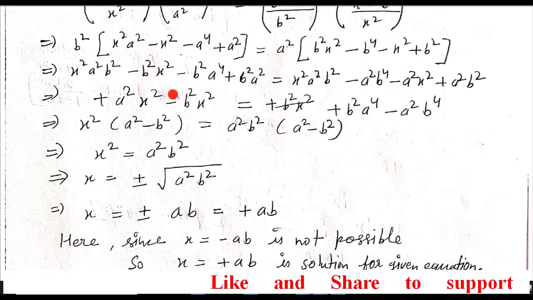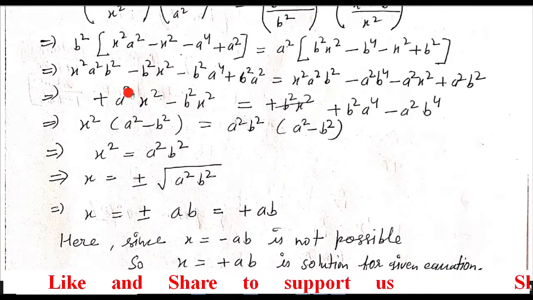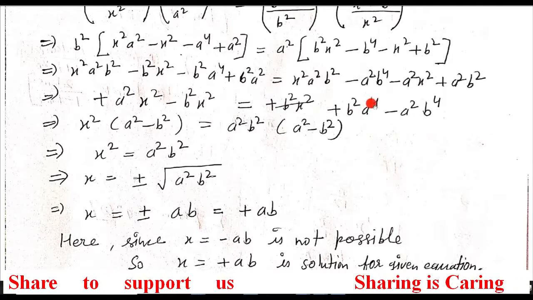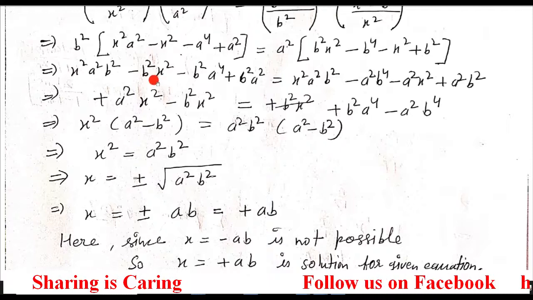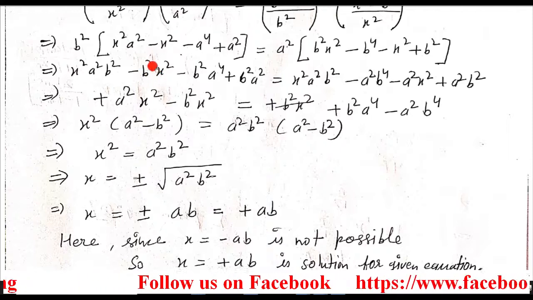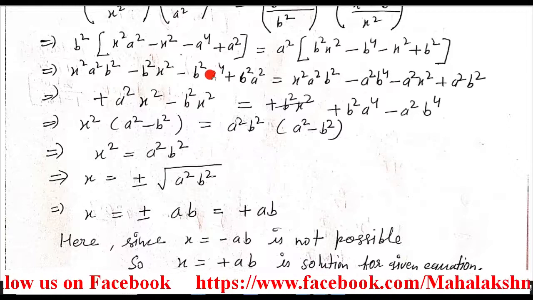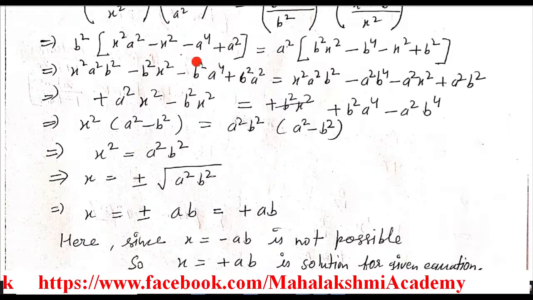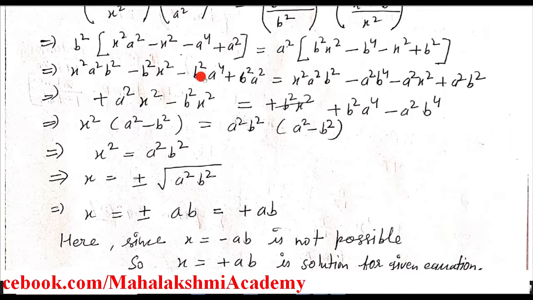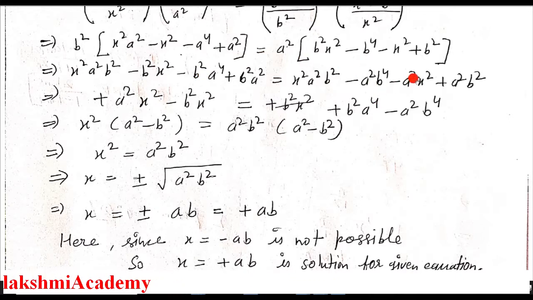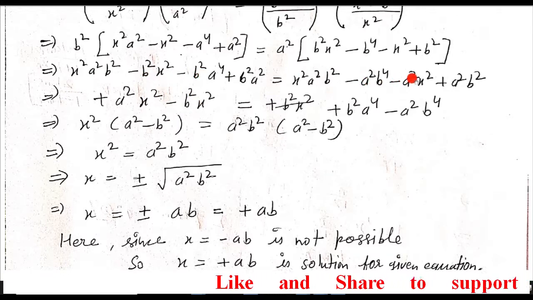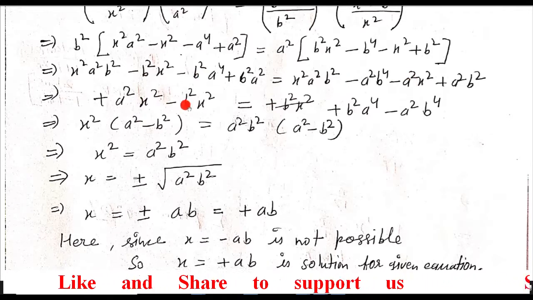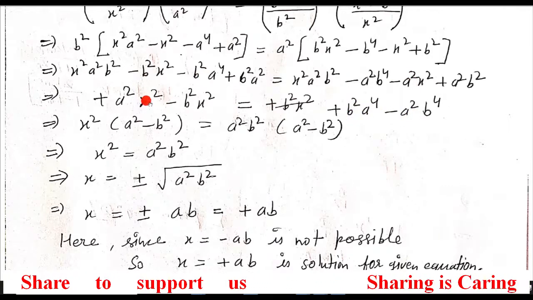We have to take care that the a square, the a's power of 4, and the b's power of 4 should shift to the same side. Just see here, here is b square, but here we have a to the power 4. So this 4 should shift to only one side. So I shifted these 4 terms to the other side and this term to one side. Or simply you can say, from the remaining terms, bring x square to one side and the non-x terms to the other side, then easily you can get this.